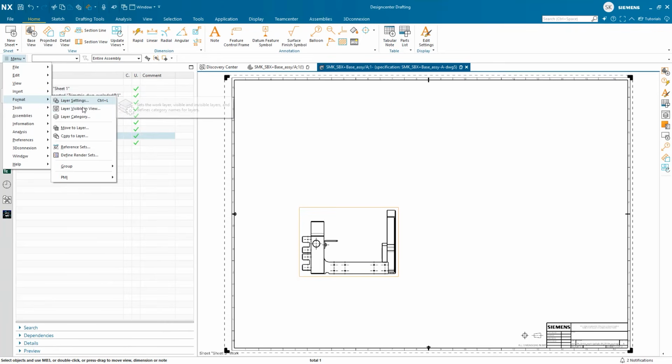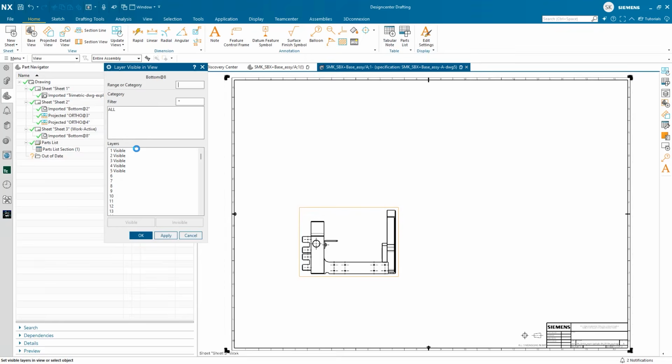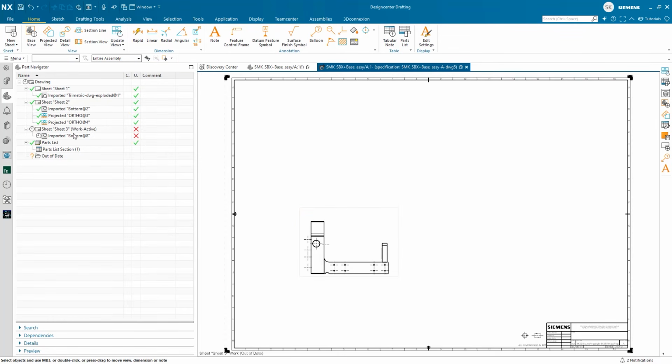Let's use a different method by adding a detail component view. So first we add any particular view. We want to go using the layer visible view option that is inside the system. I want to select that view and deactivate or make those invisible. Once I select apply, all we see is that particular component.